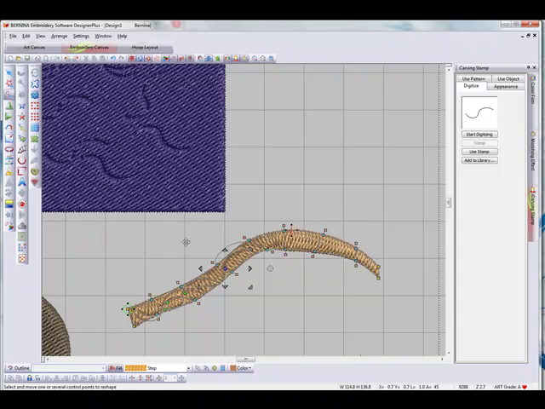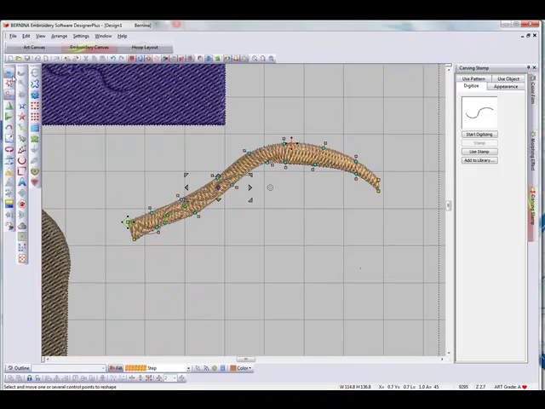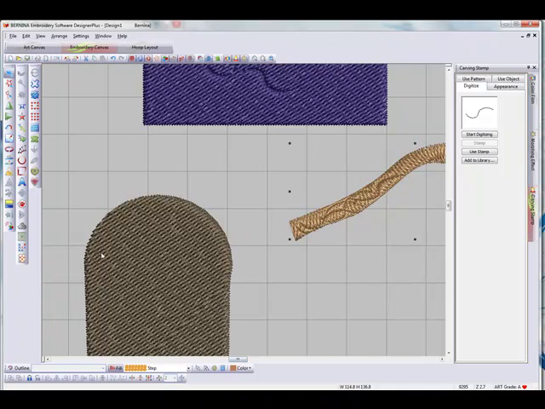I'm not sure what they do. Oh, they make it bigger or smaller. There we are. So you can have a little play with that and put it round. Now let me just click off of that. So you can use it for texturizing. And again, if you wanted to do